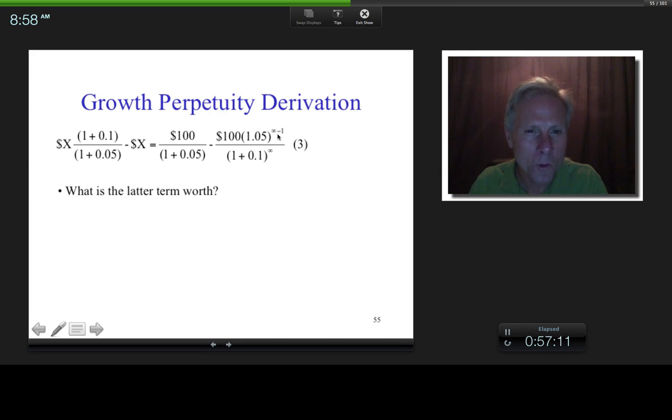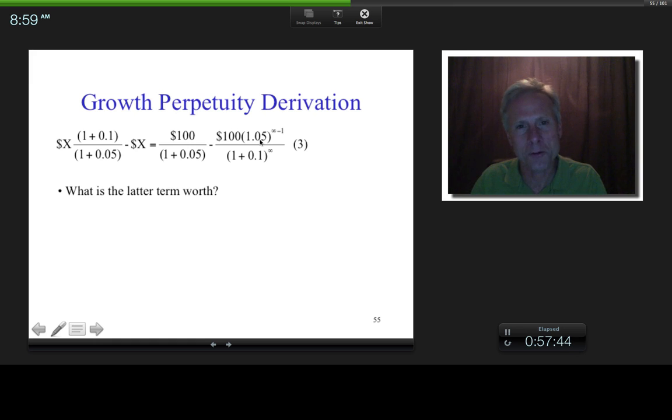What's much more important is that this is growing at a rate of 10% and this is growing at a rate of 5%. So this is getting bigger a lot quicker. And so when you divide by a huge number, what do you get in the end? A small number, right? And so to be technical, in the limit, we would say that this is going to go to 0. So this is basically worth 0,